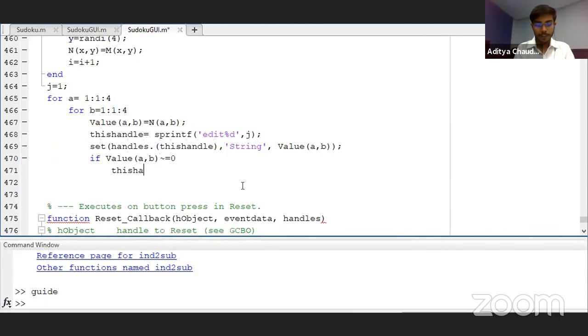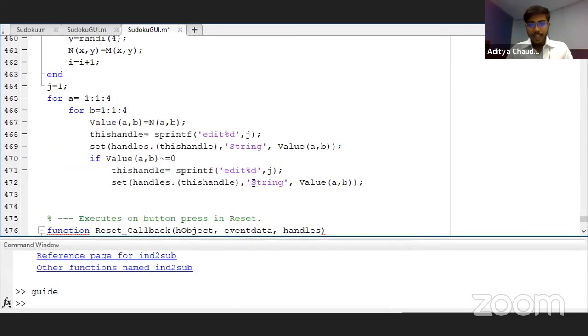So I'll just copy this thing from here, and what we will be changing over here is setting the background color this time, not the string. So we'll be editing the background color property, and this should be yellow.